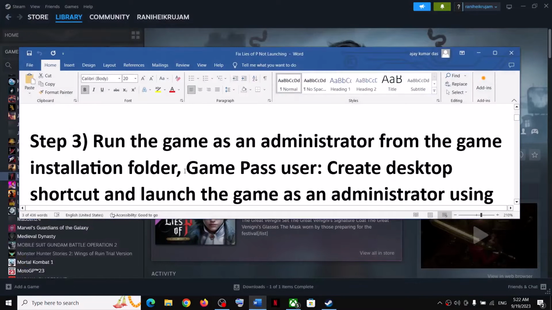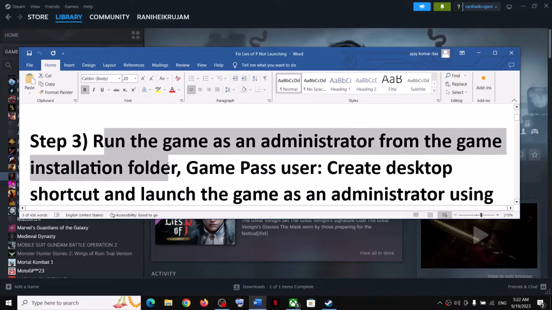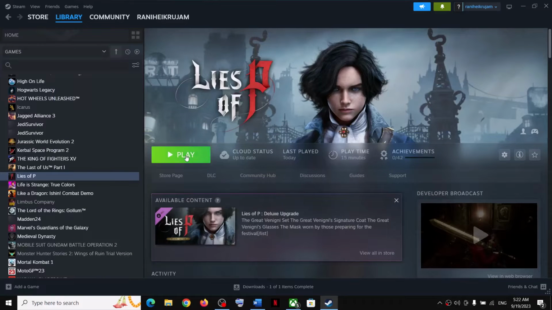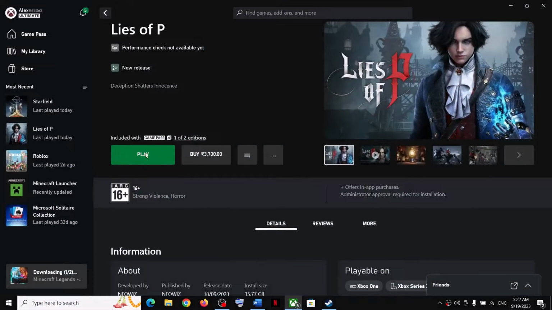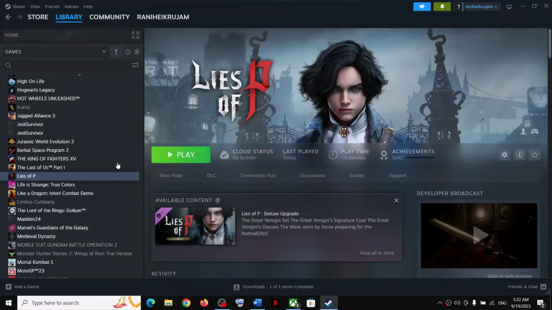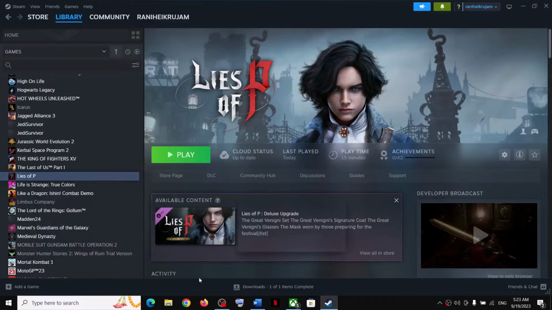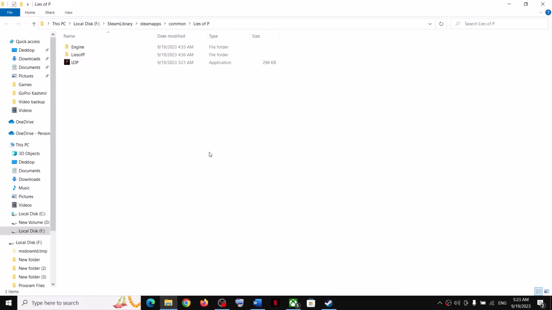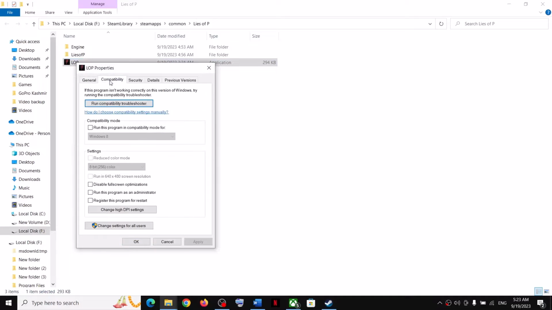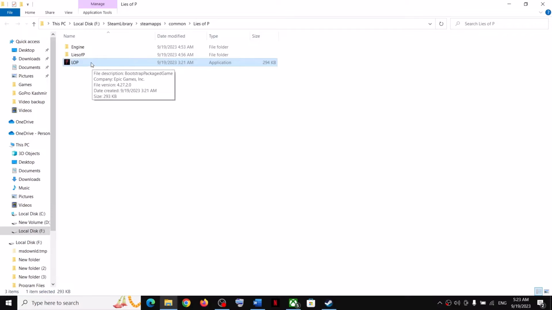Now the next step is to run the game as an administrator from the game installation folder. So if you are unable to launch the game from Steam, or if you are unable to launch the game from Xbox app, once you click on play over here, if the game is not launching, in that case go to the game installation folder. First of all, I'll show for Steam users. So click on browse local files. Again, it will take you to the game installation folder. Over here you can see the game EXE file. Make a right click and then select properties, and then go to compatibility tab, and then put a check on the box which says run this program as an administrator. Then click on apply, click on OK,